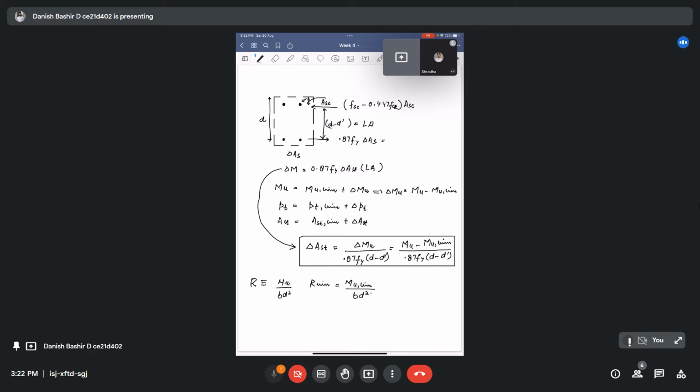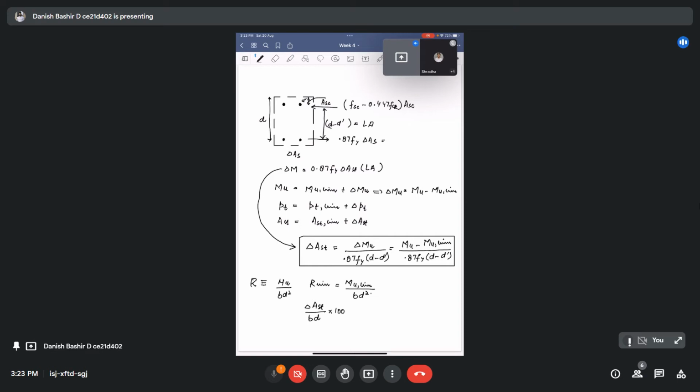So when I substitute Mu as R bd square and Mu limiting as R limiting bd square and rearrange the terms here, I get this, and take bd to the right hand side. I write this as AST divided by bd, bd is the cross section, multiplied by